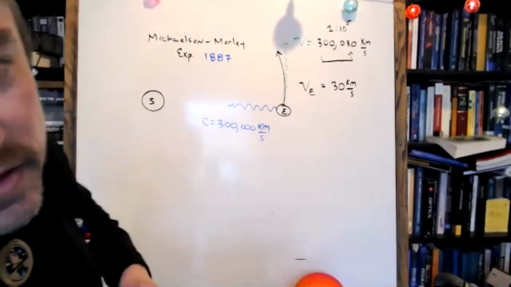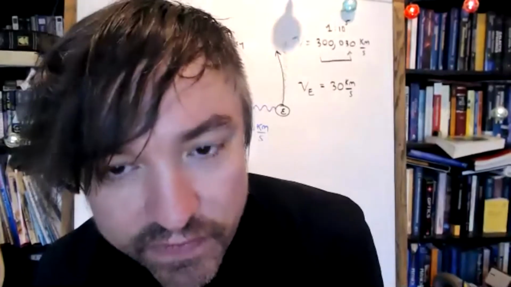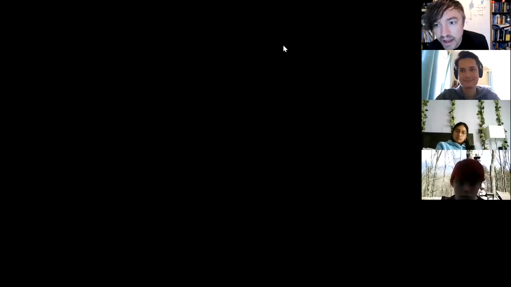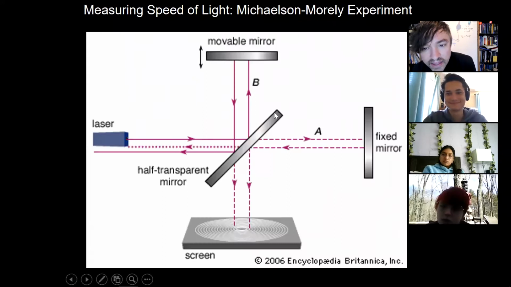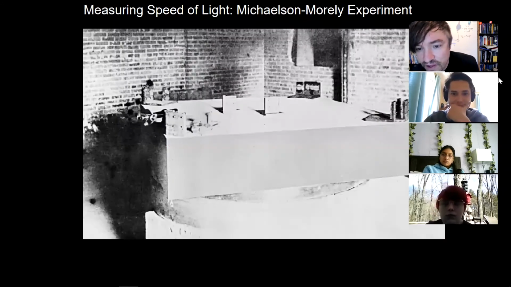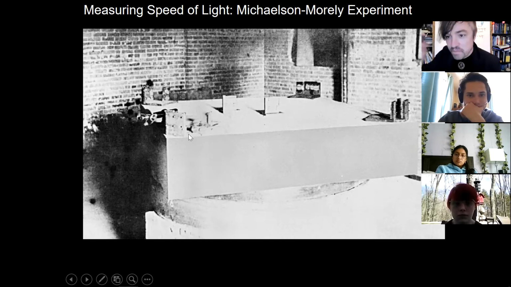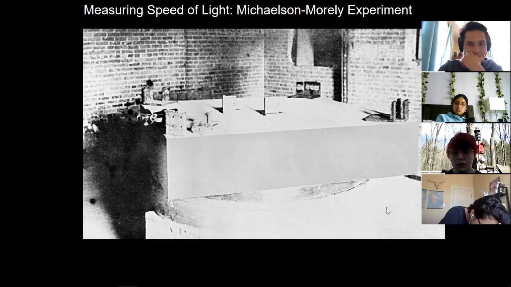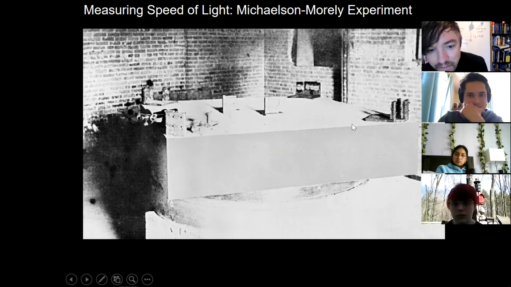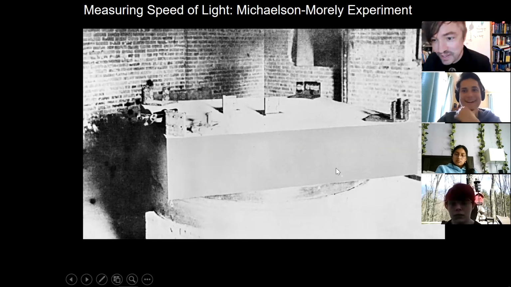Now, here's what's crazy about this. I want to show you what happens to you when you start going down the rabbit hole of physics. This ends up being your job, and I want to show you a picture of it. I think they performed the experiments like at the University of Colorado. Here you can see the Michelson-Morley interferometer, where they have the half-silvered mirrors and the 2 movable mirrors in the screen. But this measurement was so sensitive and so precise that in order to damp out vibrations from trucks nearby, they put the thing on a gigantic block of granite so that the mass would damp the vibrations.